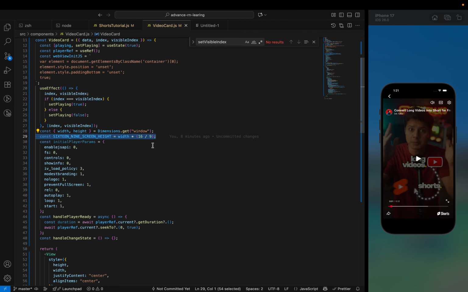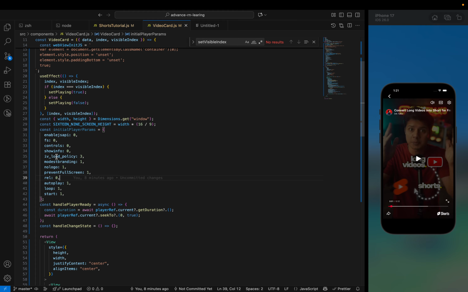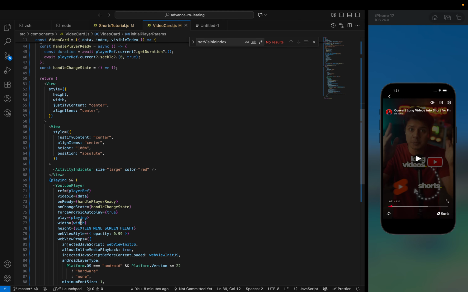Yeah, so after that I am setting this content style. So if you are scrolling it like this,